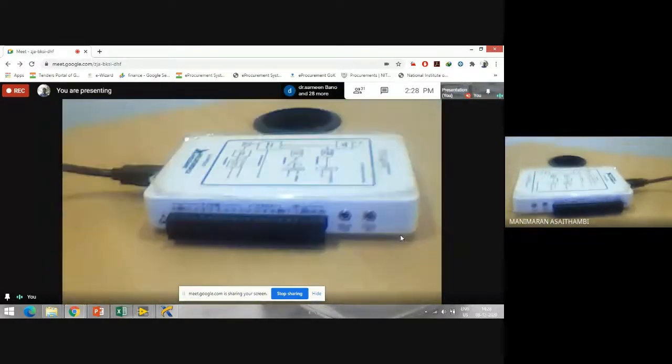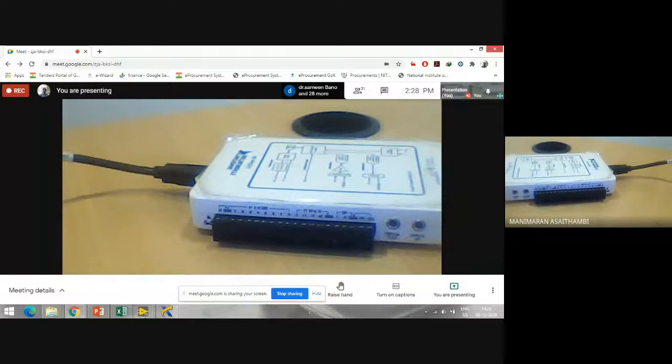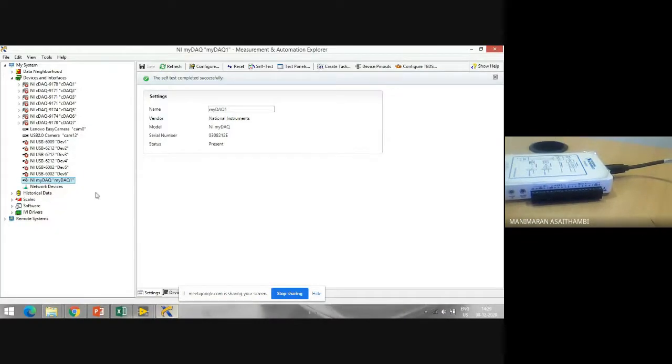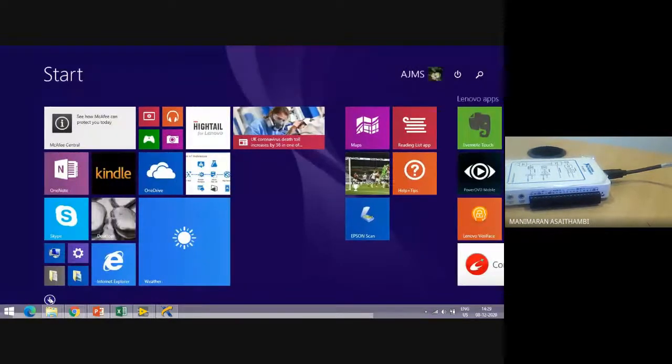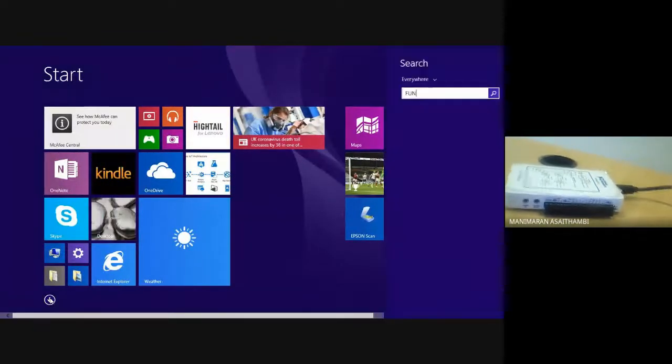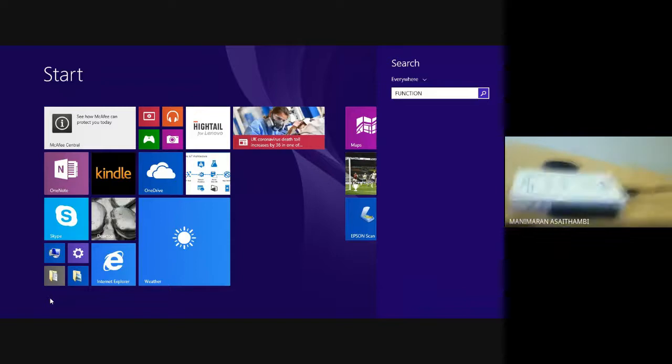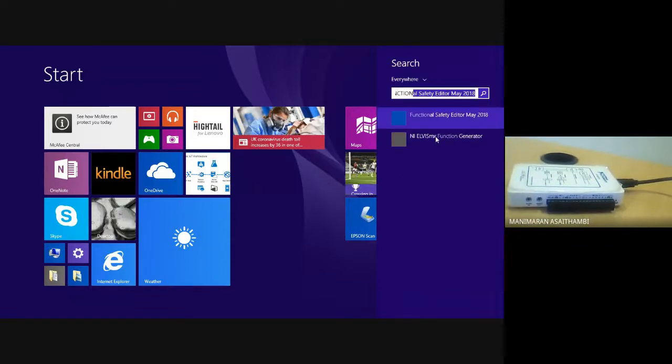Now I just want to open MyDAC here. I'll go for the function generator, the NI ELVISmx function generator.